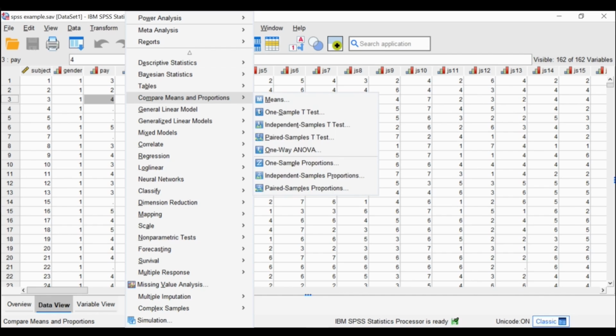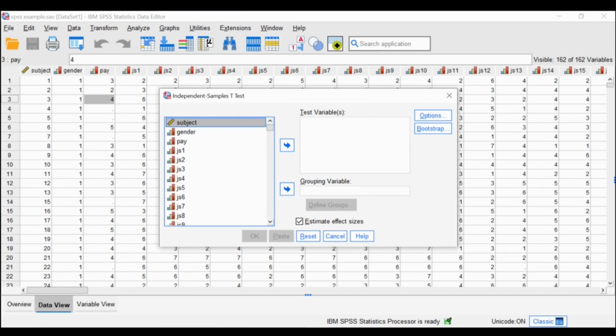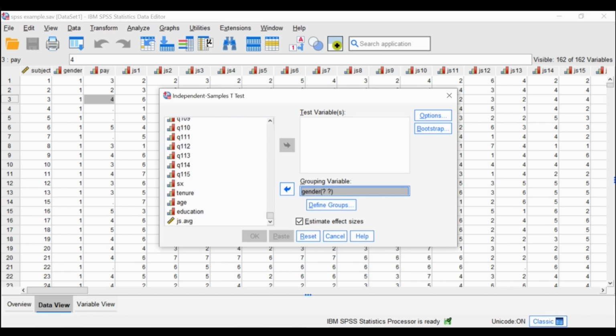Well, before we go, let's do a quick t-test. We did a t-test in Excel, so I guess I should do one here as well. Since gender is binary, we'll use that as our grouping variable. Let's see, what do we want to compare? Let's see if job satisfaction differs